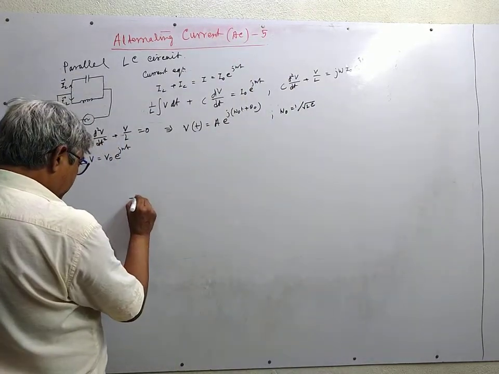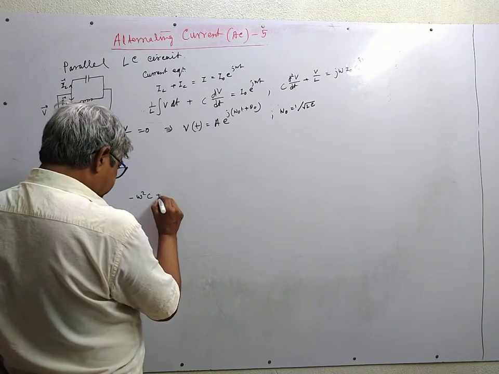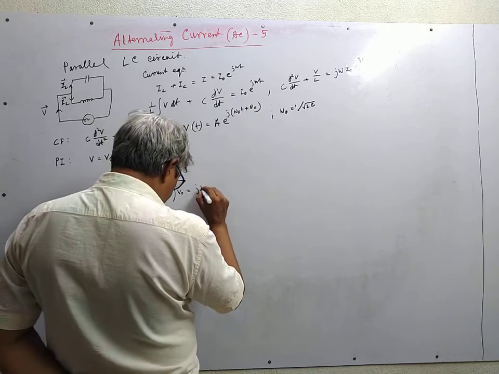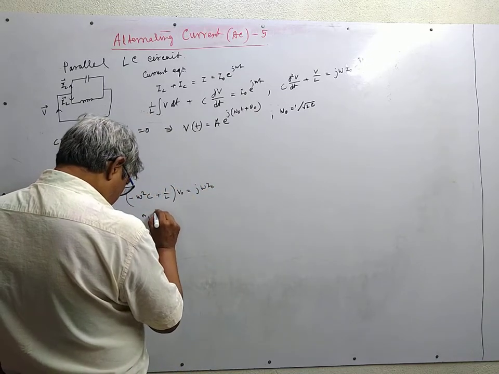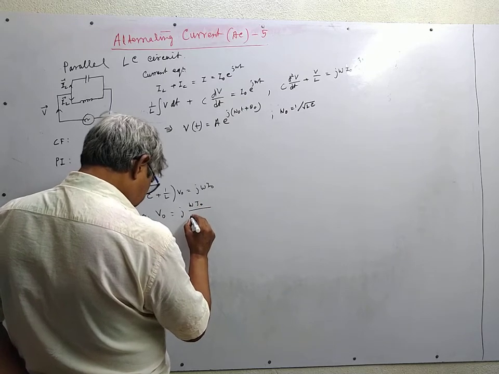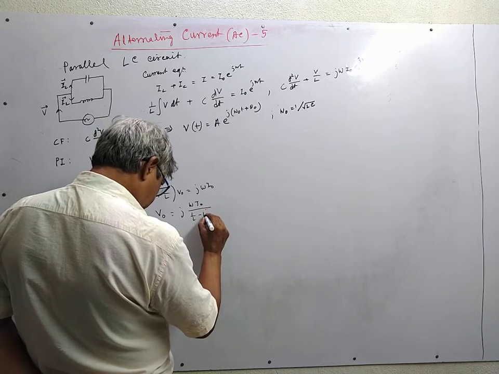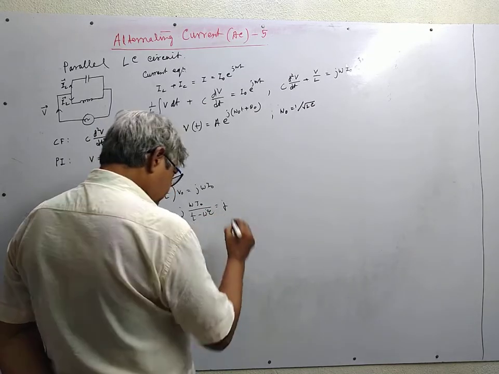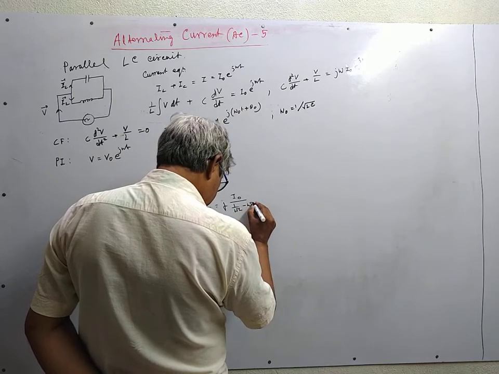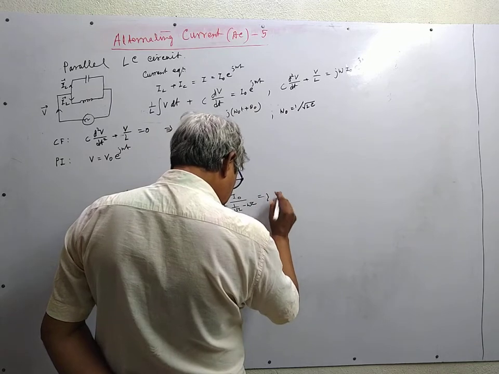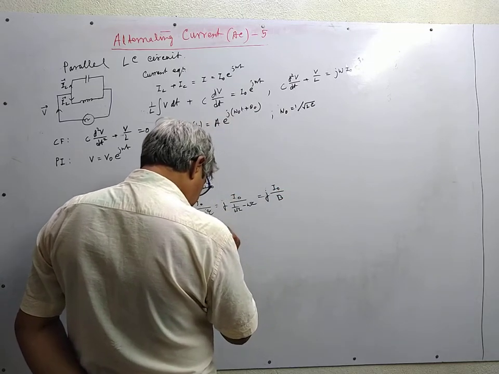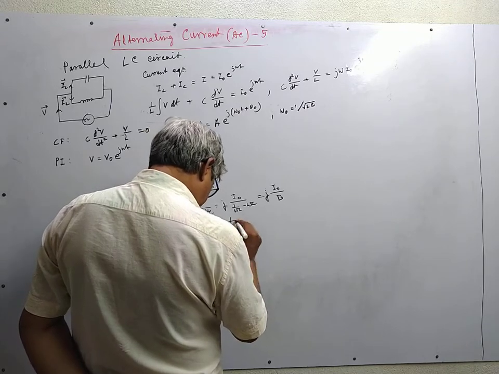So we get minus omega square C plus 1 by L, times V0, is equal to j omega I0, or V0 is equal to, where B is the susceptance, is defined as